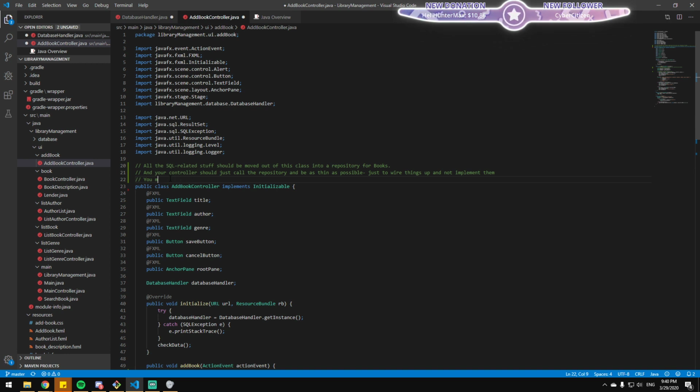Obviously, you would want to add some sort of parameter to the queries to not be prone to SQL injection. But in addition to that, you would want to create some sort of query builder, which builds and returns to you a query, which you can then pass around and do what you want with.